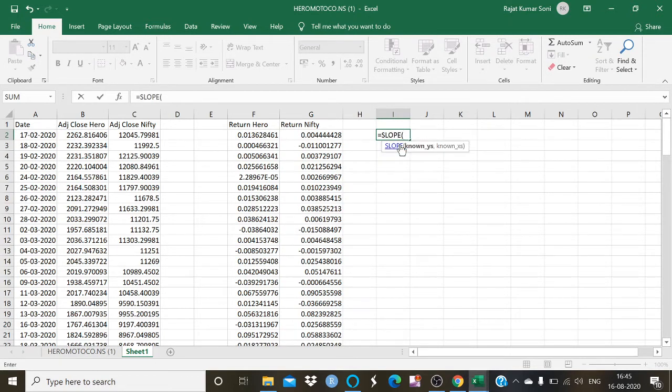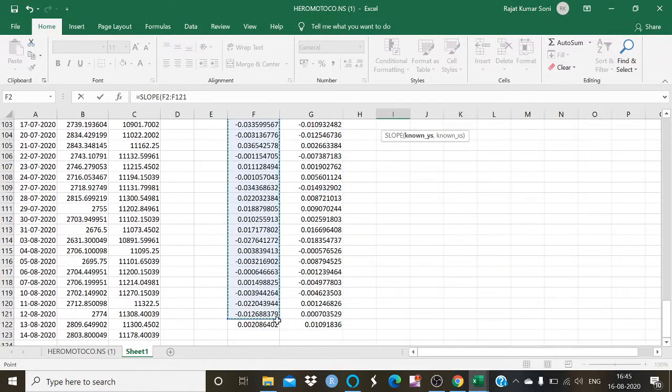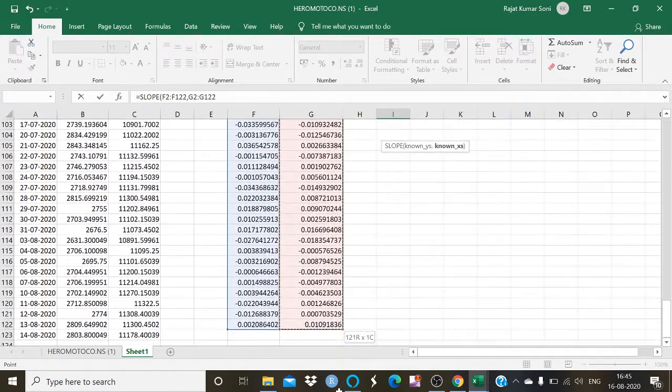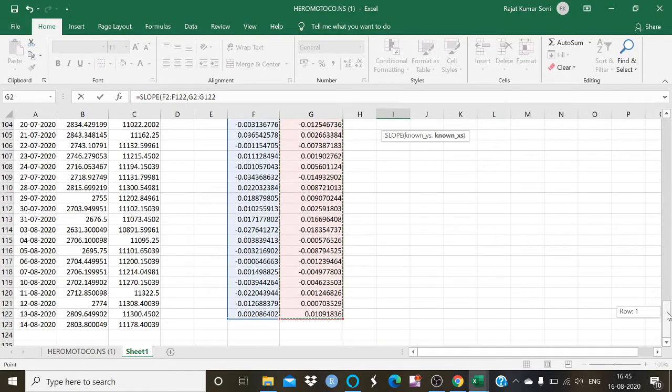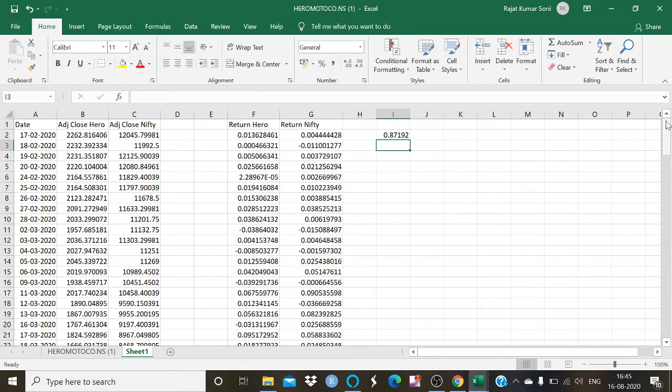Double click on the slope function to select it, and now I am going to select the Hero MotoCorp return first, insert a comma, and now select the Nifty return. Close the bracket and press enter. That provides me a beta value. My beta value is 0.87192.